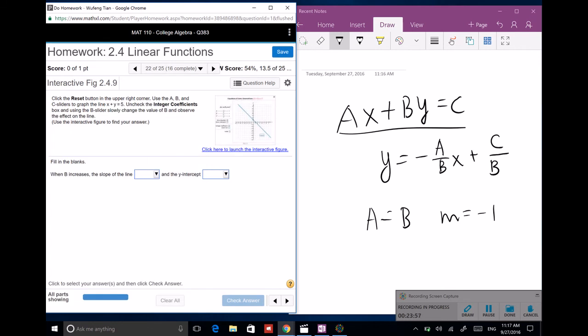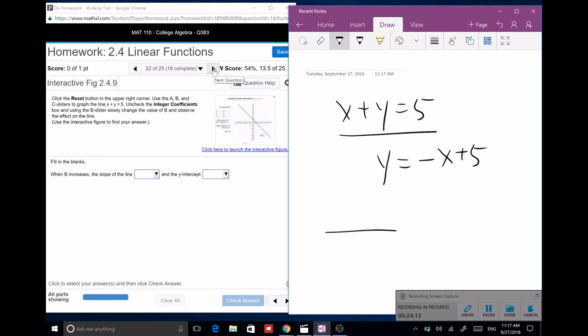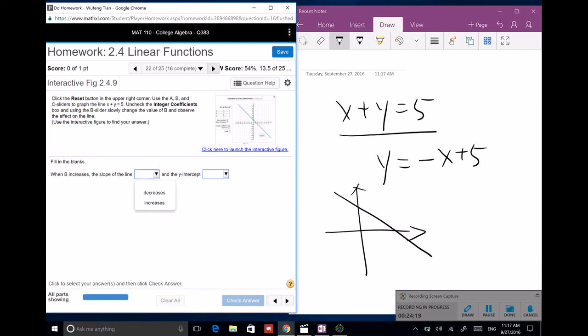And you can do this one the same way as the previous number. This one, with B increasing, the slope of the line x plus y equals 5. For this one, x plus y equals 5, we can look at this equation as y equals negative x plus 5. So it's a decreasing function. The slope of the line decreases, and the y-intercept,